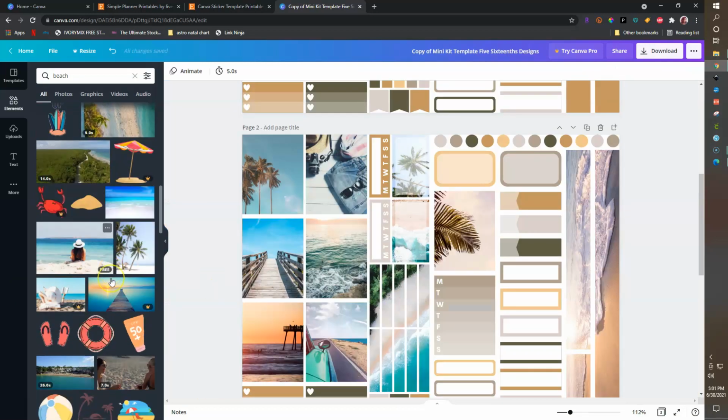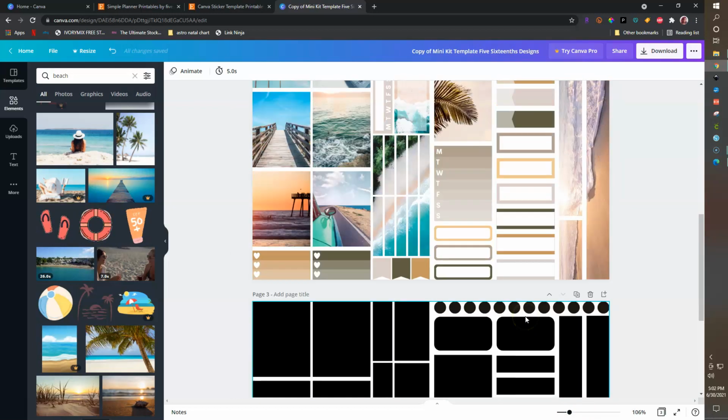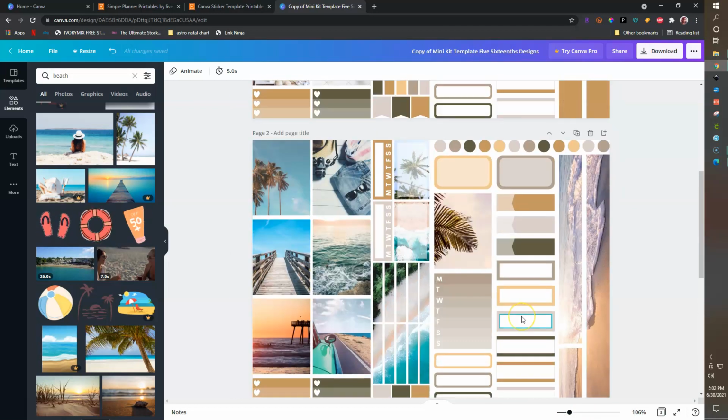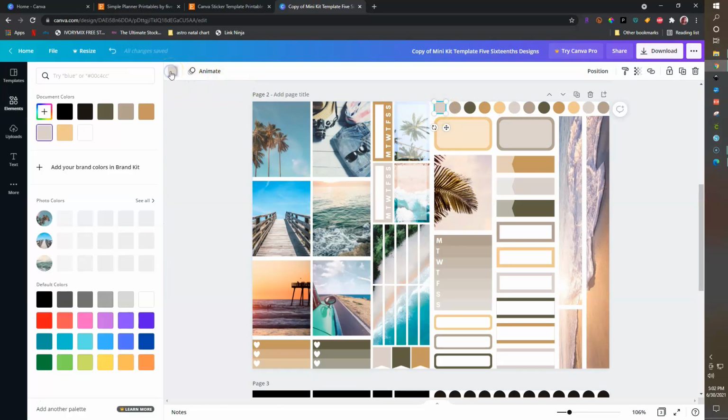Okay, so I went ahead and found some other pictures and inserted them into these two spaces. You can see I built out this little, I'm going to call it glitter header section. And now pretty much what we can do is begin to change our color palette. So what I like to start with is what I have pre-assigned for you guys, that there's 5 colors to change. So we can go up here, we can select our circle, excuse me,